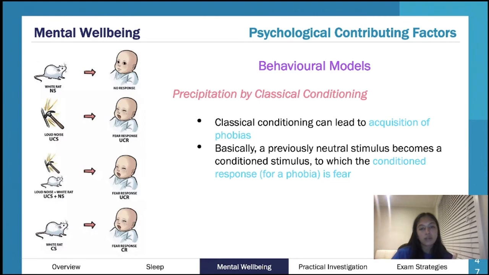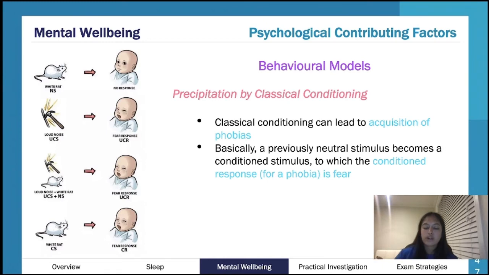So Little Albert is this really famous experiment. It used to be on the study design. I'm sure a lot of your teachers will still use it as an example, but if you haven't heard of it, it is ultimately this picture that we see on the left with our neutral stimulus was our rat, and our unconditioned stimulus was ultimately fear. Or I suppose our response was fear, but this idea of something that caused fear.